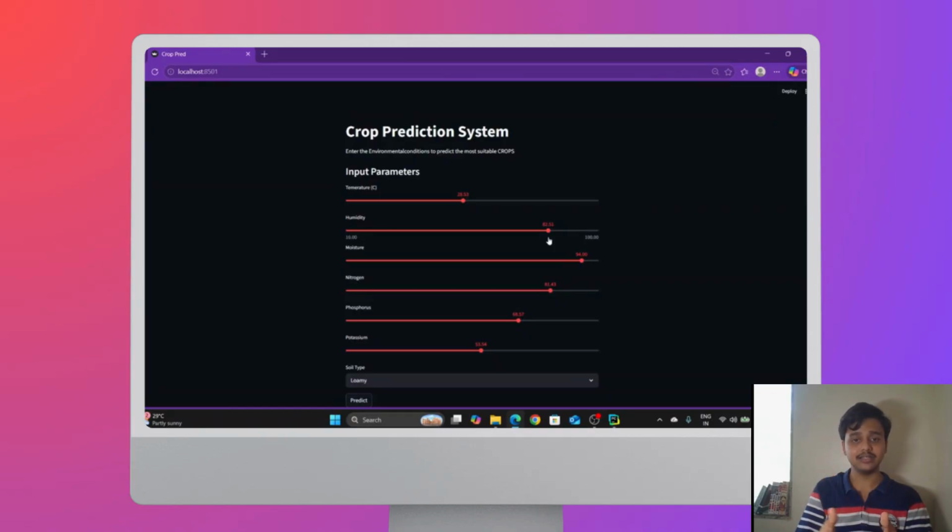Then we learned what data analysis is, pandas, and data visualization. Then we moved on to building machine learning models, starting with logistic regression. We improved our model with decision trees and random forest. And today we have deployed our model to predict what kind of crop is suitable in these particular conditions.